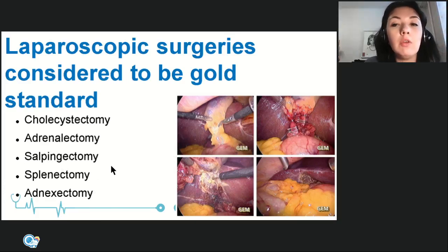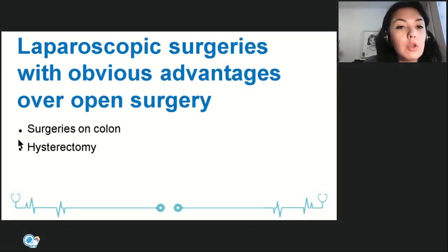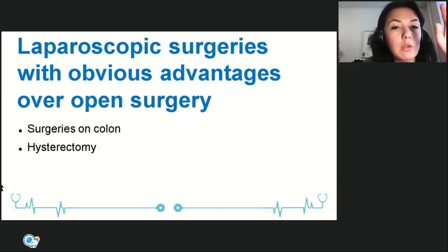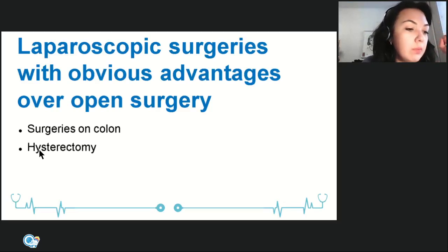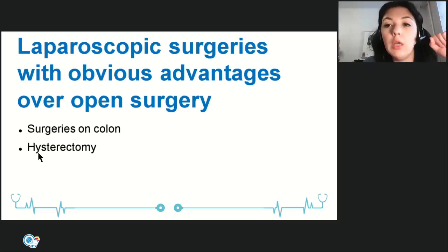So in these cases, we always should prefer laparoscopy. There are surgeries with obvious advantages over open surgery. These are surgeries on the colon and hysterectomy. Hysterectomy is removal of the uterus. In this case, laparoscopic surgery is better than open surgery, but always